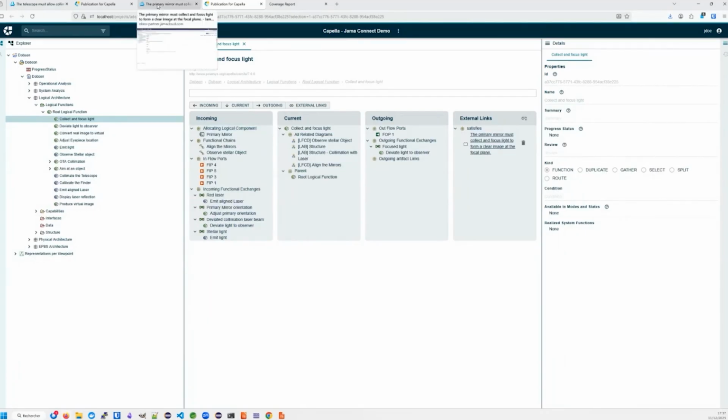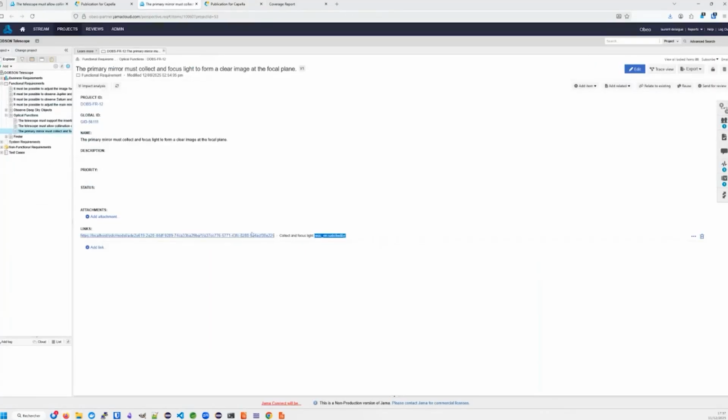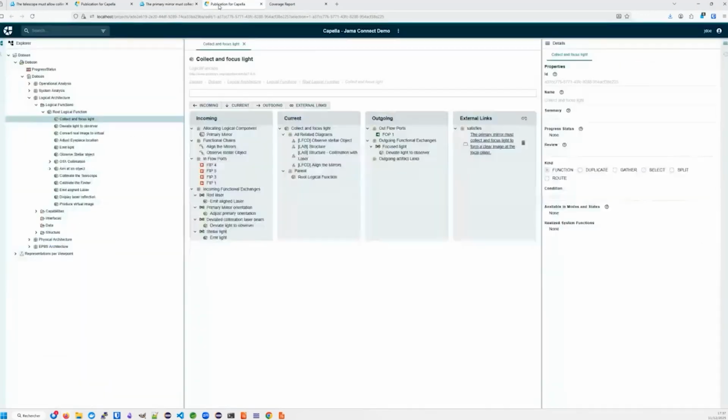Now I want to show you a bit of the features. You can delete links in Jama, and this is taken into account in publication. You will see that in a few seconds, this is going to disappear. The data is pulled regularly, and whenever something changes, here it goes, we have deleted this link. So the information remains synchronized between the two repositories.